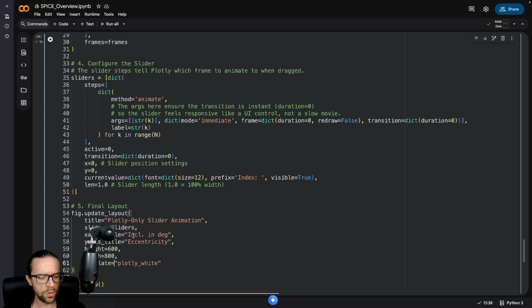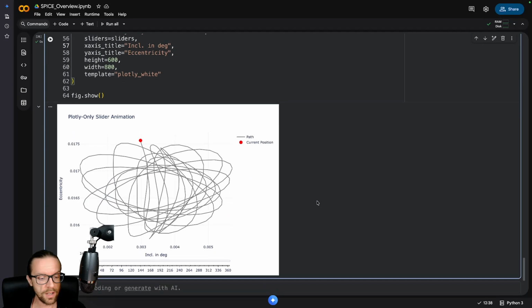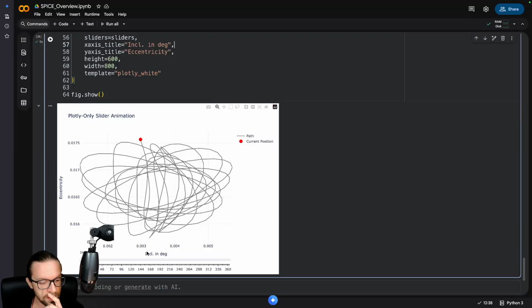Now, before I show it to you here, these two settings are important for you. If you have a different resolution and the plot is too small or too big, just adjust the resolution of the plot accordingly. Now, what we see here is the inclination in degrees versus the eccentricity. And this is the position at the beginning of the year, and how the orbital elements of Earth change during the year. So it makes a very almost hypnotic shape, and it looks very chaotic and also random. And it's due to the different gravitational perturbations that we have,